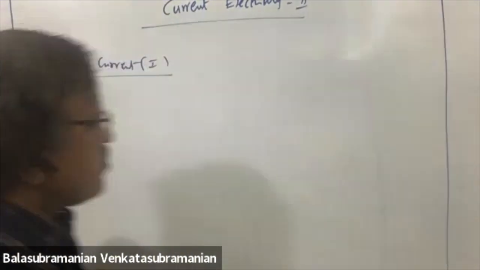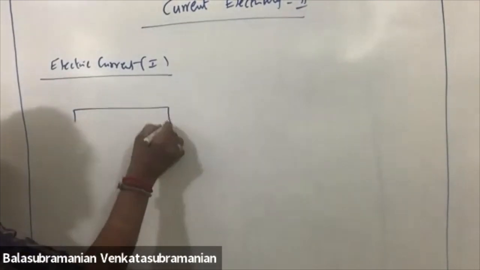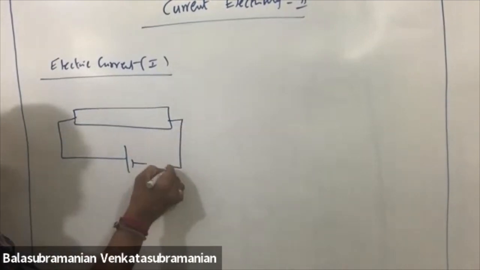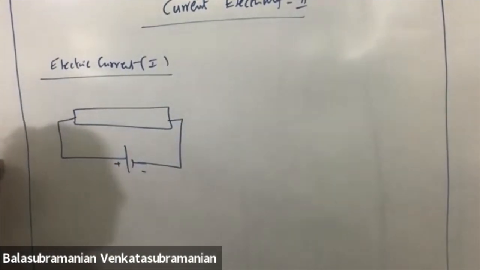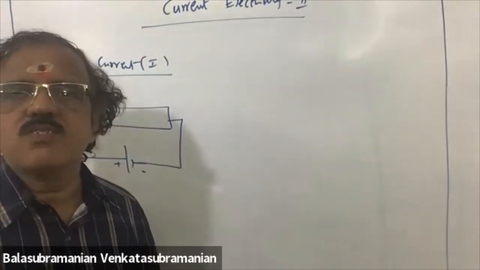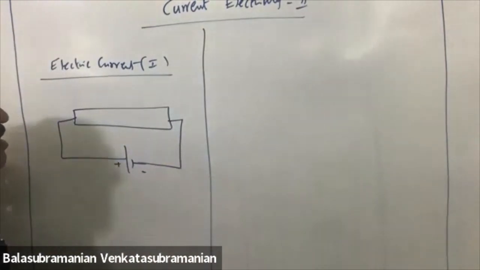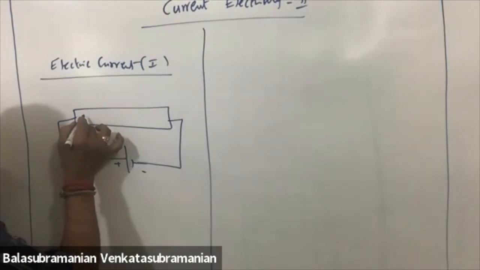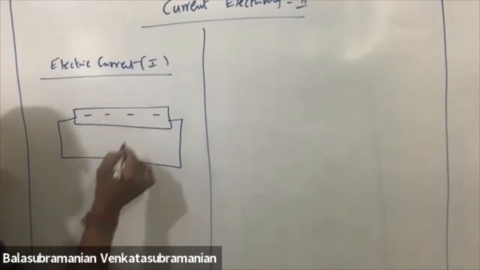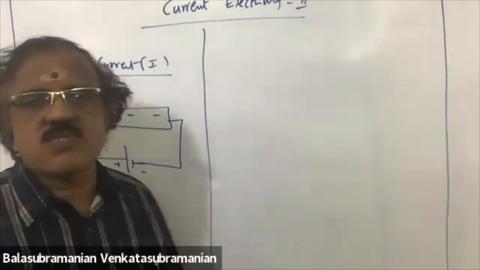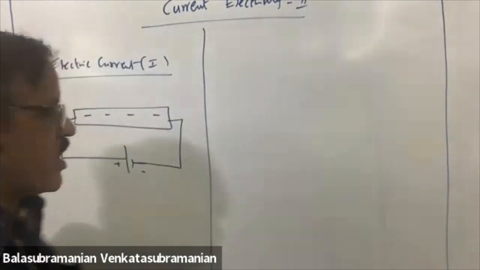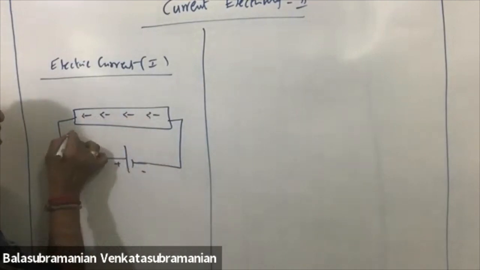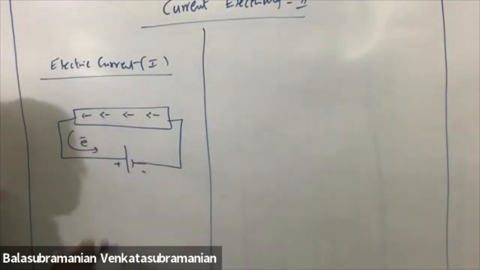Okay. Now, when it is subjected to external electric field, that means you are connecting the wire to a battery, positive and negative of the battery, then the electrons present in the wire, that is called free electrons, move towards the positive side of the battery,